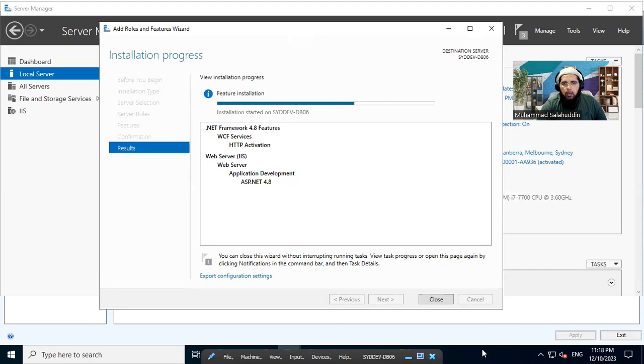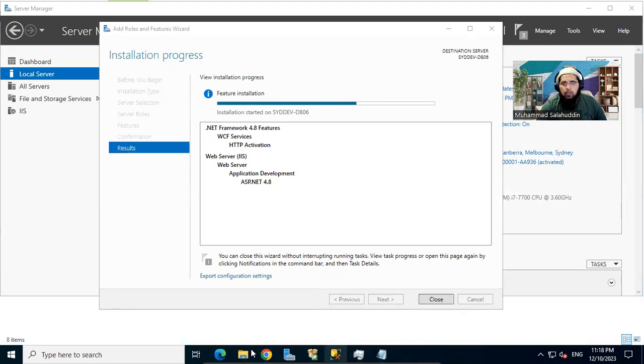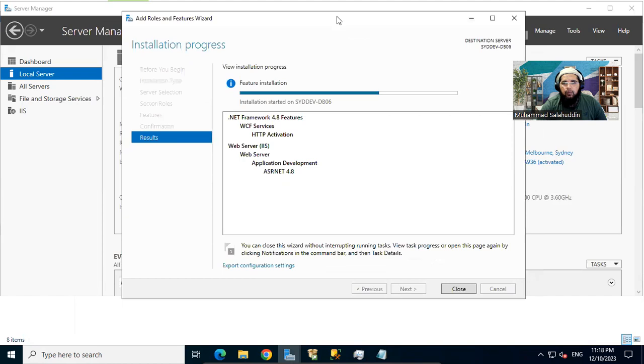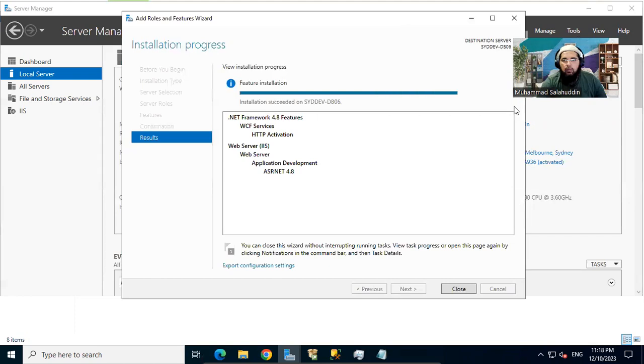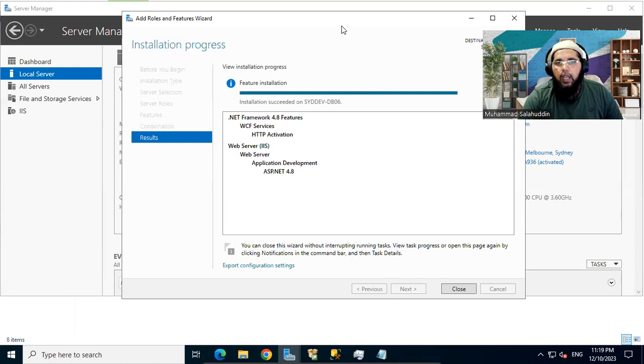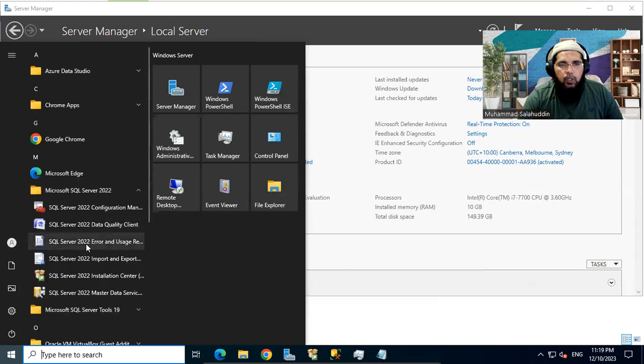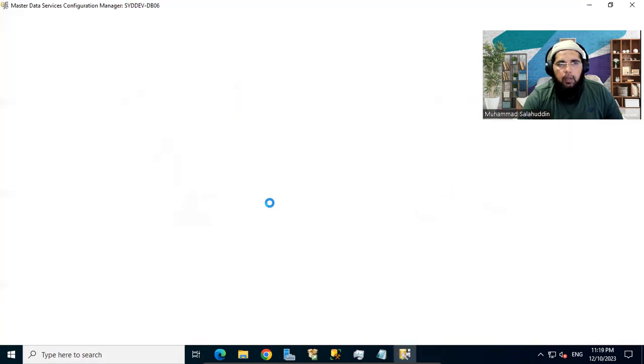And meanwhile, let me just close the configuration wizard while the feature is being installed. Okay, it's all done. Let me close it, come back on the 2022, launch the MDS,